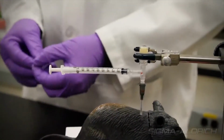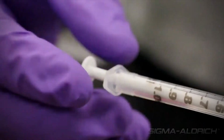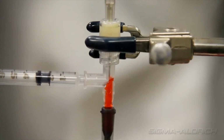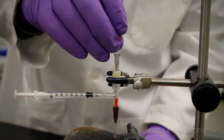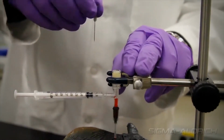The SPME fibers are designed to be placed into a shunt if we were using a live animal. The shunt assembly would be inserted, the fiber would then be inserted into the shunt, exposed to the biofluid, and we'd use a syringe to draw the liquid up so it's exposed to the fiber, remove the fiber, send that back to the laboratory, and then do solvent desorption so we can do our further